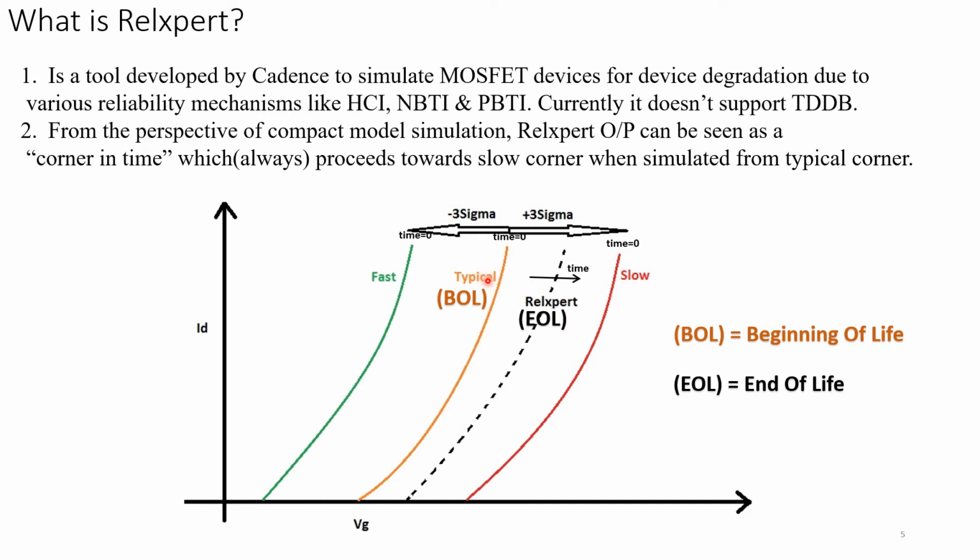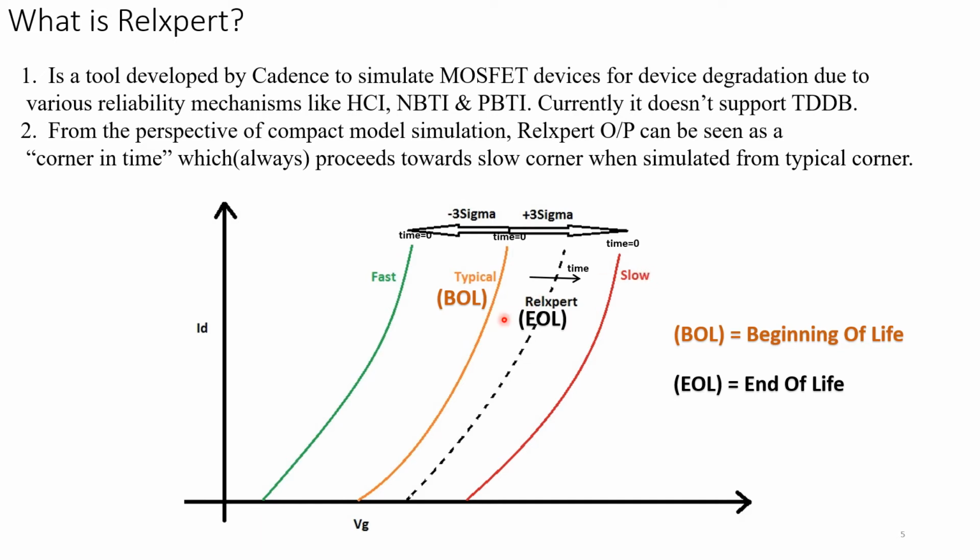A typical corner is something that I already mentioned: the golden die that you measure. Whatever measurements you do on that are basically what a typical corner simulation is. Sometimes, in spite of the golden die, when you know you are going to have a different typical corner, you again tune the model parameters of a typical compact model and shift them to match the IOS typical values. IOS stands for initial objective specification of the device. So this is basically the corner simulation and what they stand for.